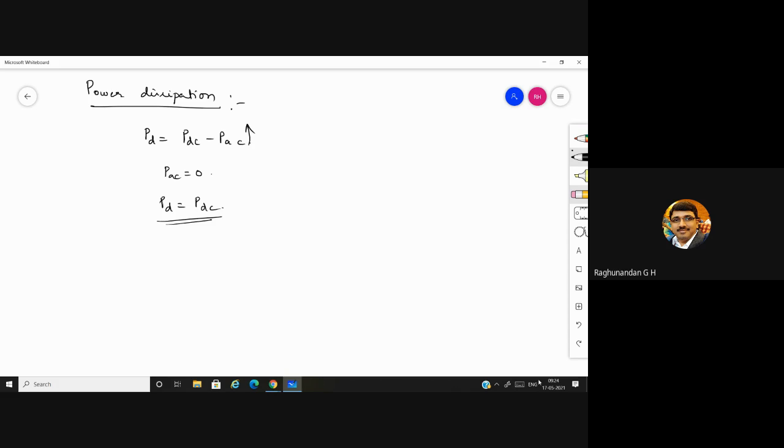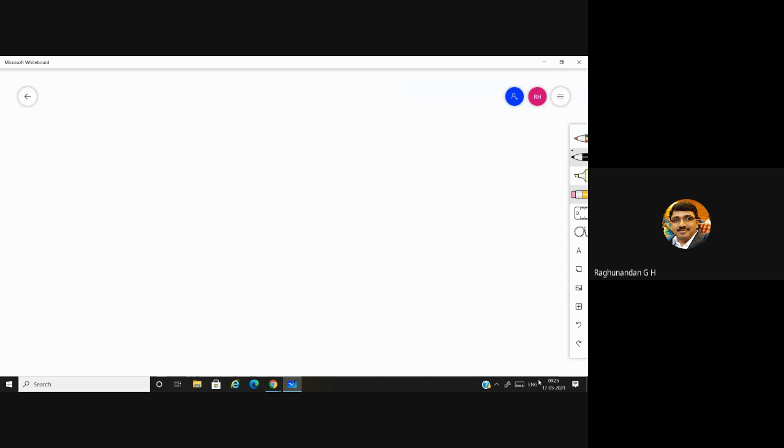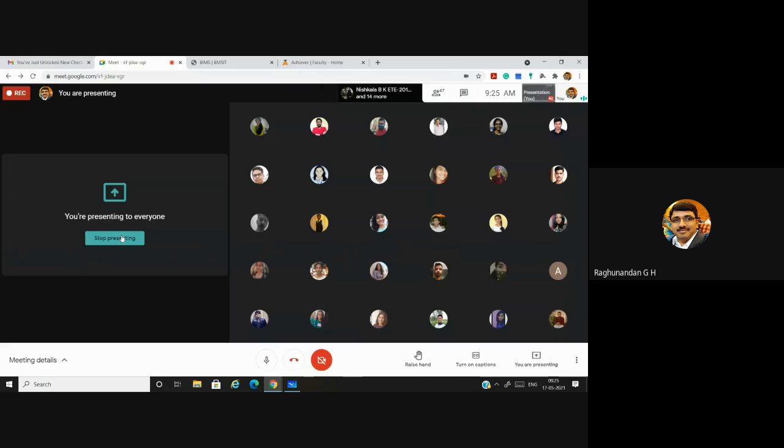After this, we will be going for the Class B power amplifier, which is a very important topic. Before going on to the Class B power amplifier, we'll discuss the limitations and advantages of this series FET, transformer coupled Class A amplifier, and we'll move ahead. So we'll stop here today.